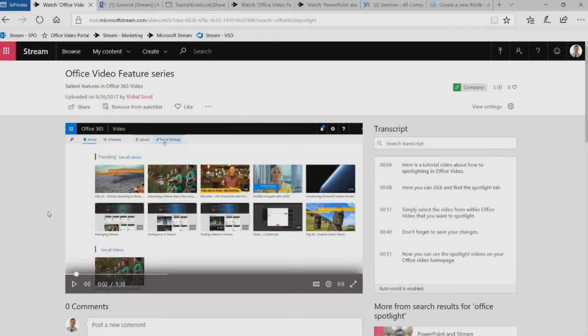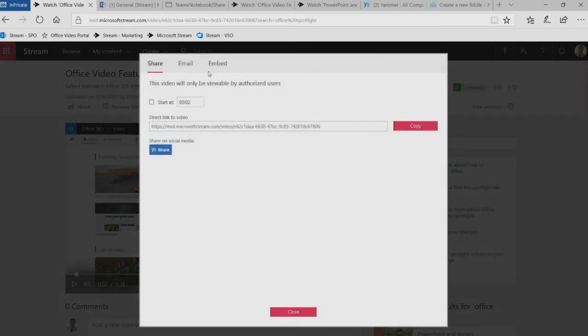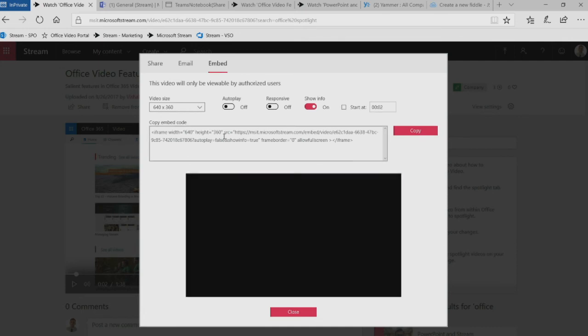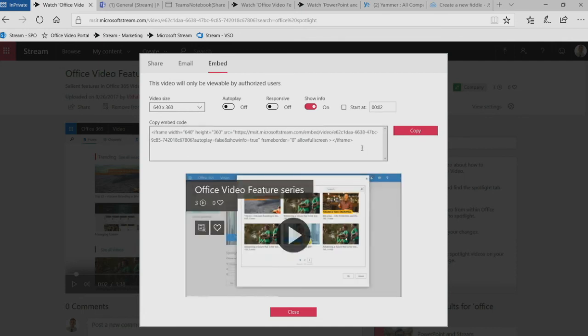Microsoft Stream makes it really easy to embed your videos into other applications. So inside of Microsoft Stream, you can click the Share tab on any video, click the embed, set some parameters that you'd like, and simply copy and paste the embed code. Now the key thing here is that even though you're embedding your videos on other sites and other apps, only people who have access to the video will be able to see that.